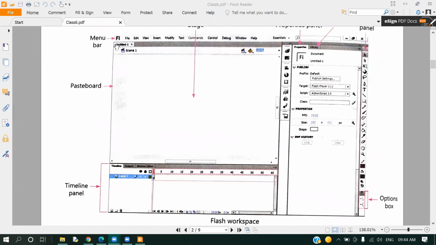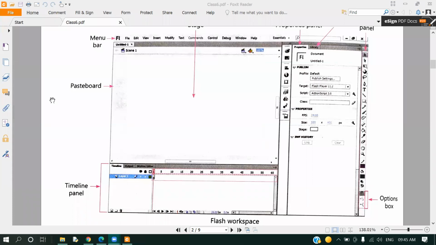So the very first top bar, we have the menu bar, which contains all the necessary options or features which are required to create your Flash movie. Then the timeline panel. In the timeline, we create animations. Then on the right hand side, we have properties. Properties are used to give properties to the objects which you will make in the software.